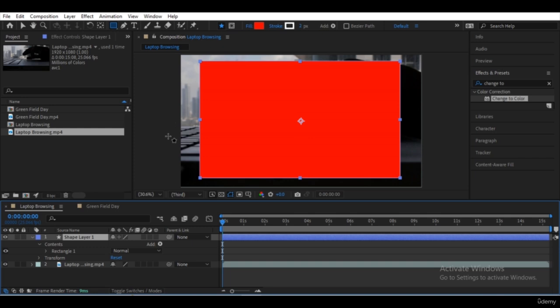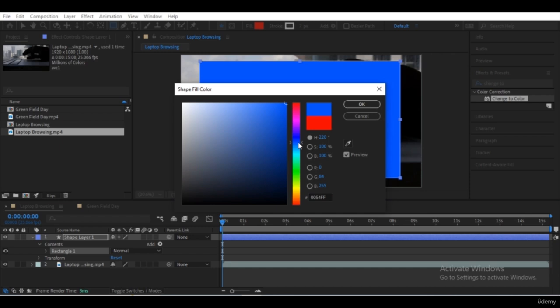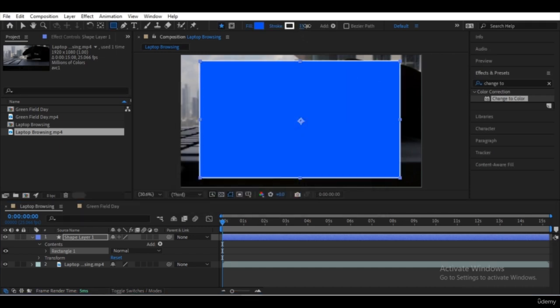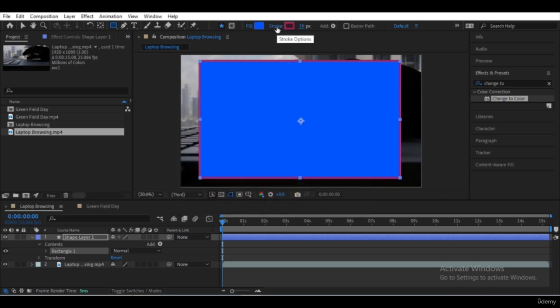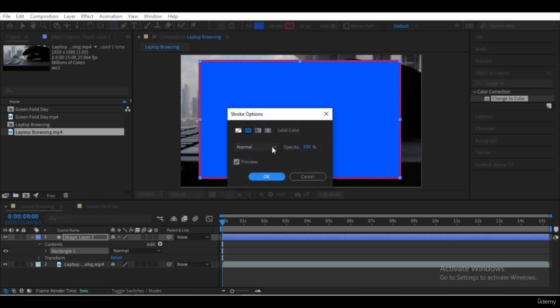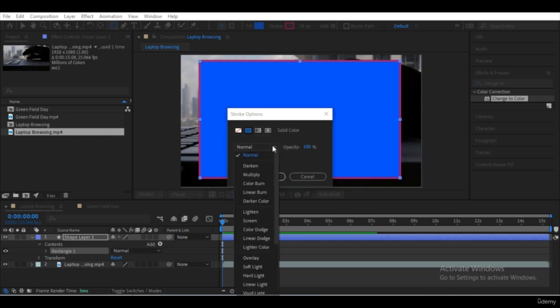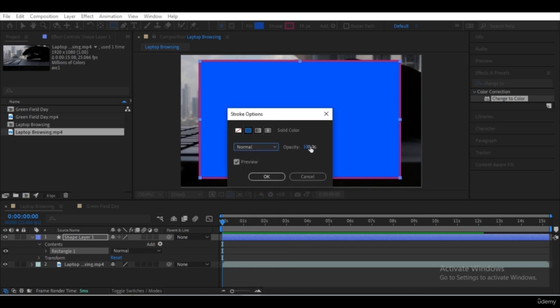And then we can modify the color in the fill menu over here, change the color of the fill and the stroke as well. And you can slide the thickness of the stroke and change the stroke to become purple in color, or you can choose any color you want. Click the stroke menu over here and you can select which pattern you want to create as the stroke color. And you can also choose the blend mode in here, and the opacity you can adjust also in here.